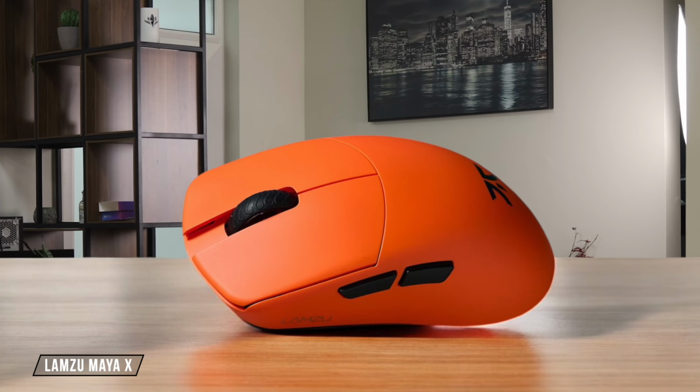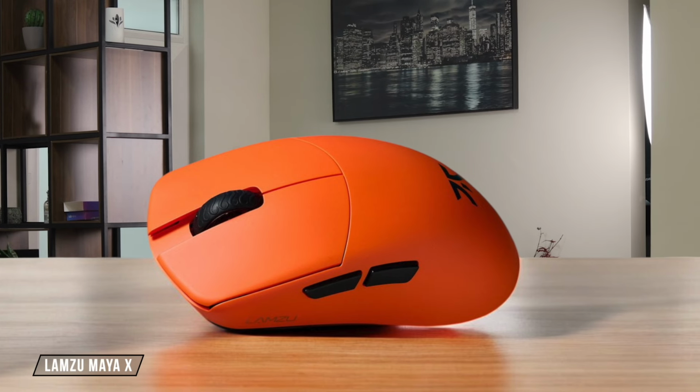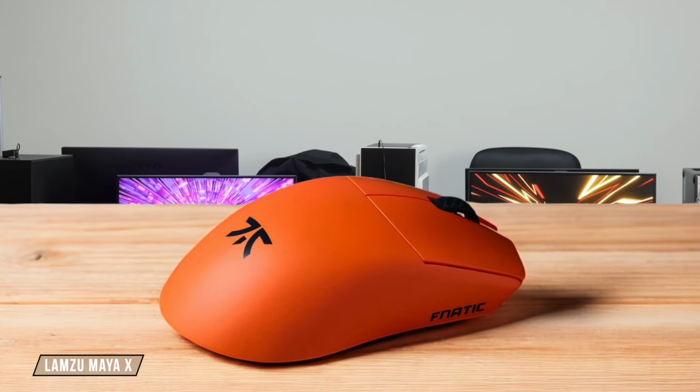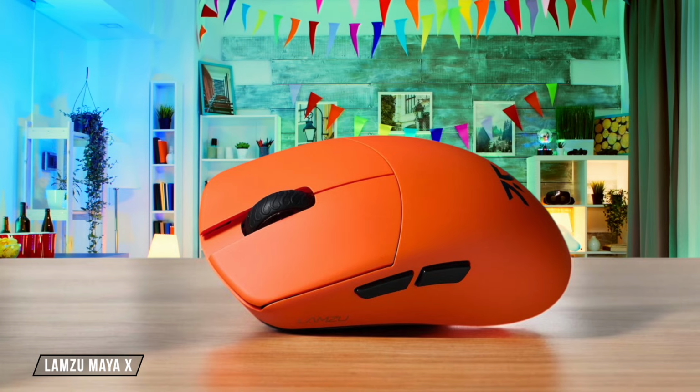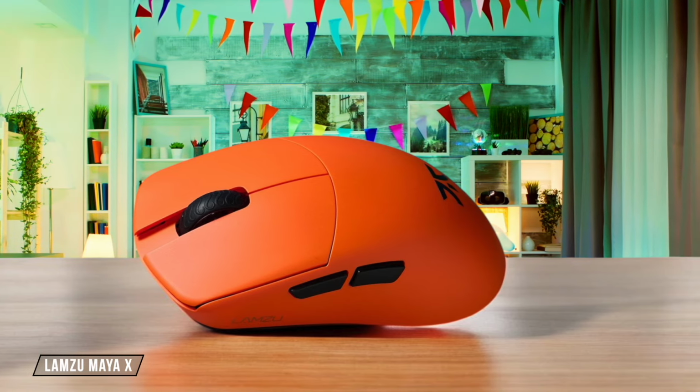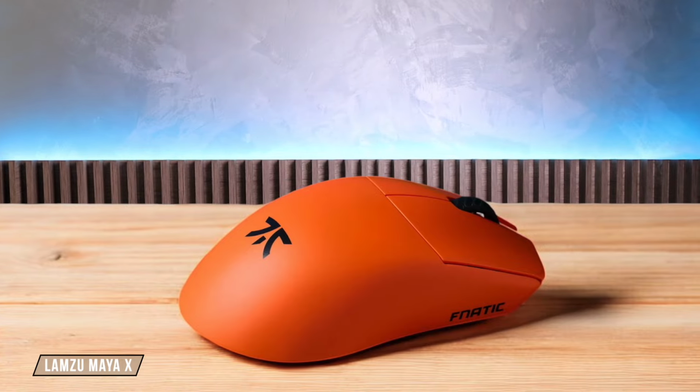Finally, the Lamzu Maya X impresses with its quick and simple web-based software, which means I don't need to download any files but can still configure its 6 programmable buttons, adjust debounce time, set up to 3 profiles, and enable an 8,000 Hz wireless polling rate, making it incredibly versatile without the bloat, which is why it gets a 9.0